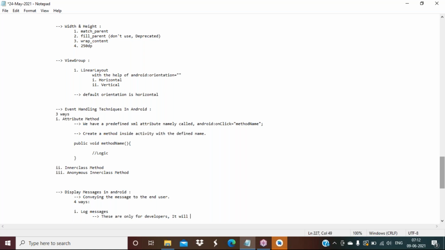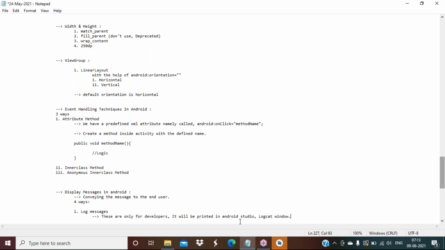It will be printed in Android Studio, in the Logcat window. I will show you how it is. Log messages are only for developers, not for the end users. For end users, it is different. It will be printed in Android Studio in the Logcat window.